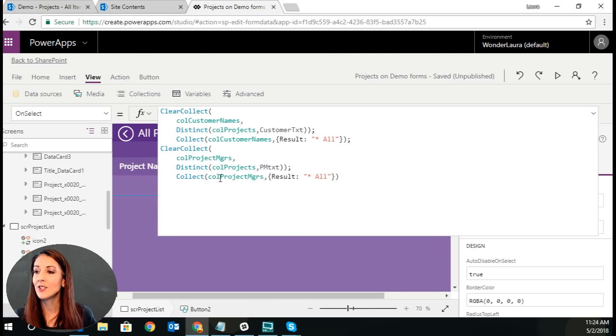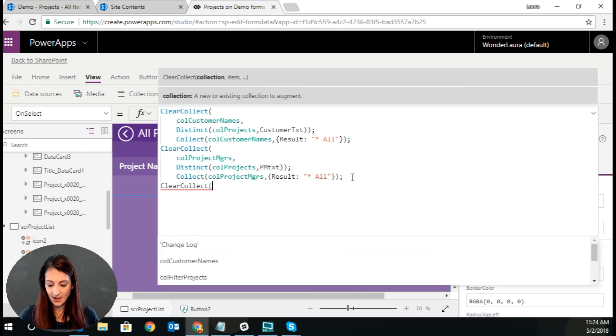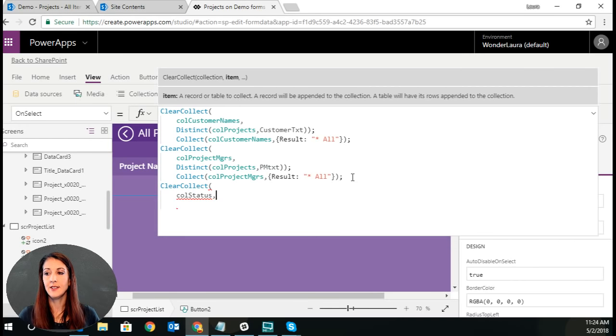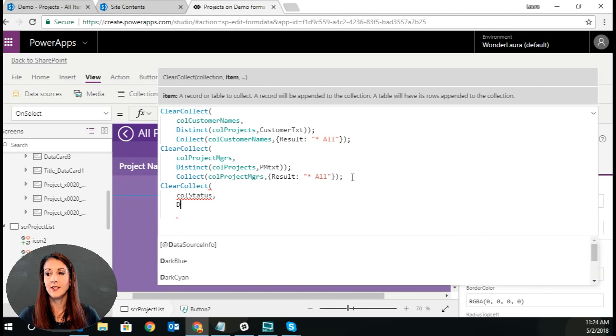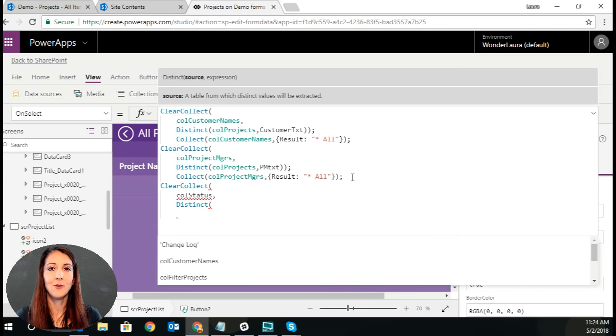All right, so now we're going to do the same concept with the status. So I'm going to do a Clear, Collect, and remember you can do Shift Enter after you do your open parentheses. The Shift Enter will go to the next line, and it will automatically indent it for you. Click Status, and then Distinct. I'm pretty sure my statuses are already